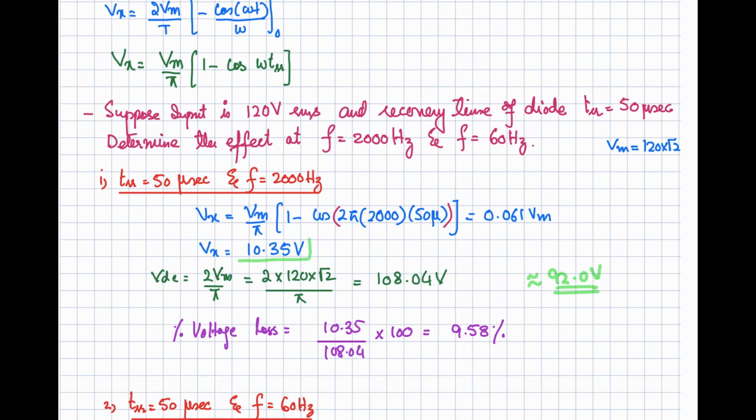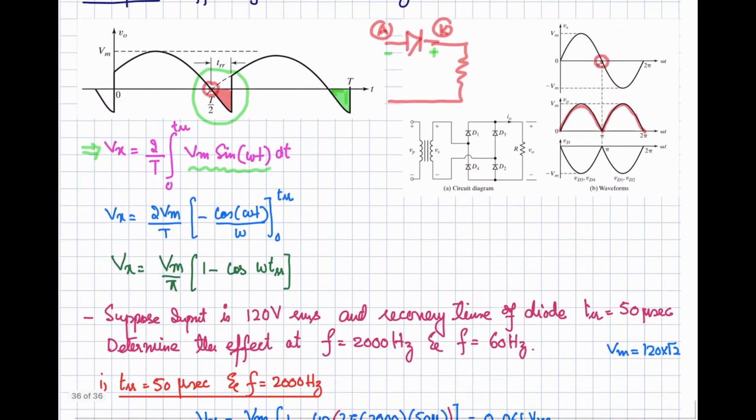About 10.35 volt will be lost because of the recovery time, the time taken by a diode to get fully reverse biased or to stop the conduction when you apply the negative voltage at the anode. Some conduction and some flow of current is there, and because of that the voltage of the anode appears across the load terminal, after the 0.7 volt drop in the case of practical diodes.